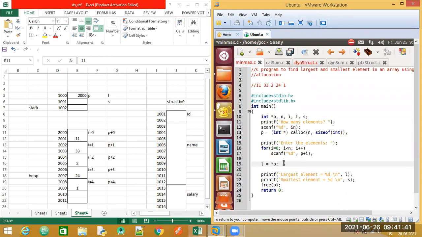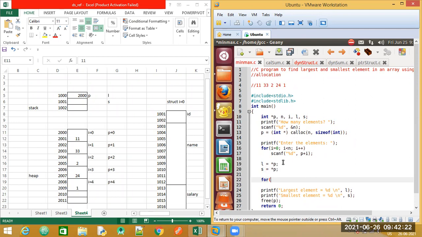So this is the assignment. Here with this star P, I'm able to access the content. So this is assigned to my variable L. Similarly, for my smallest variable S, I will also assign the first element itself. So again, I will say star of P. So the assignment is over. Now we need to carry out our looping and compare the first element with the second, the first element with the third, and check whether our assumption is correct or not. So for that, let us make use of the for loop.